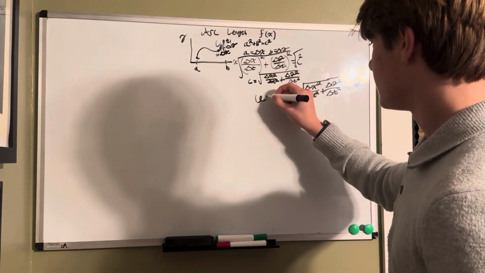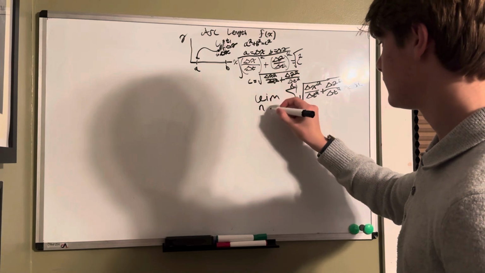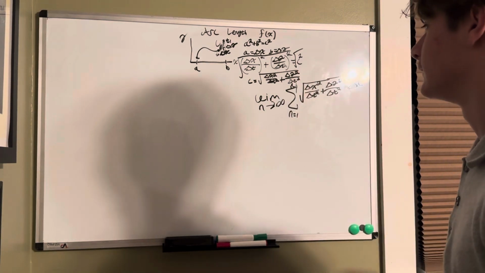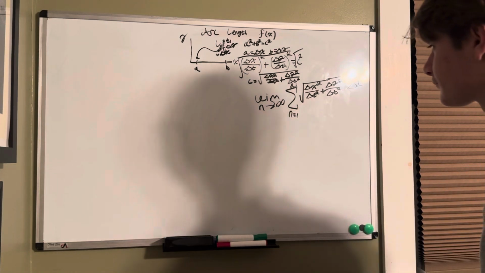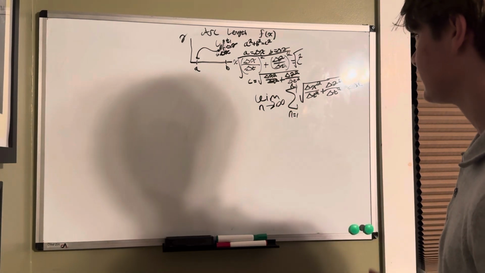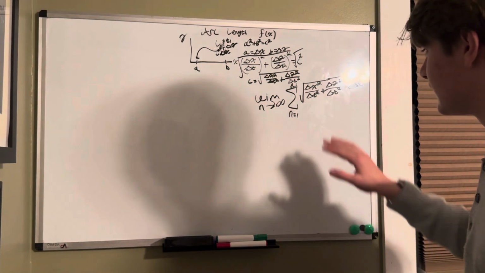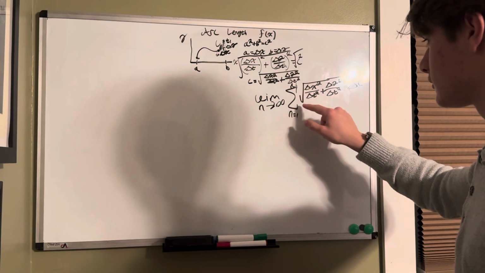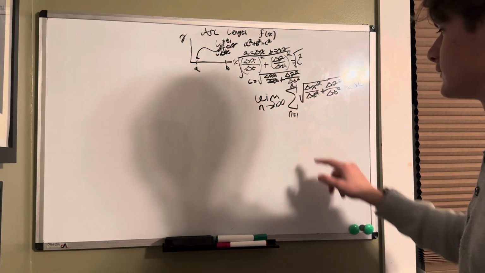So if I take the limit as n approaches infinity, all those little tangent lines as they approach infinity, I find an interesting solution here, because now this summation sign turns into an integral sign